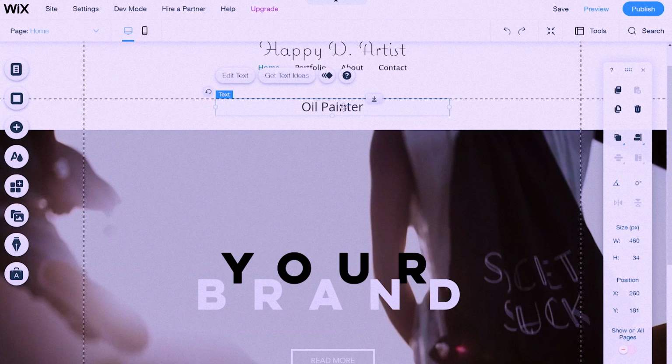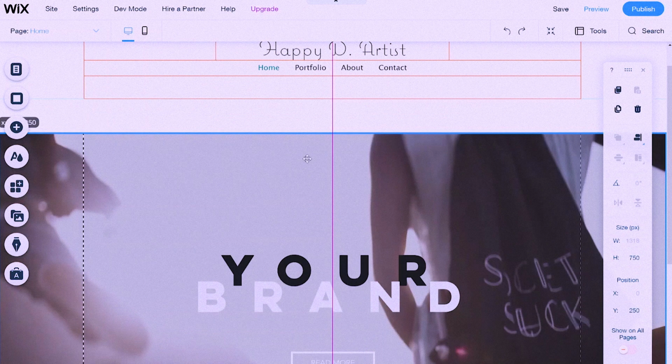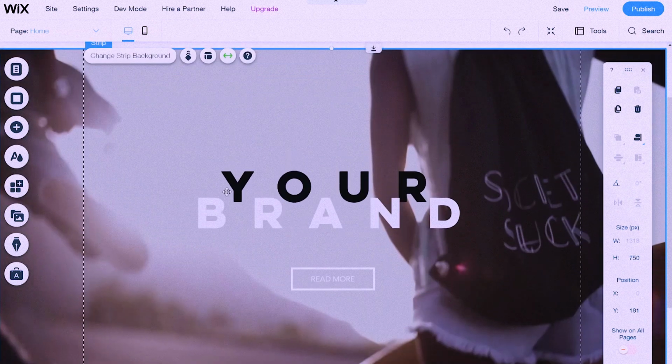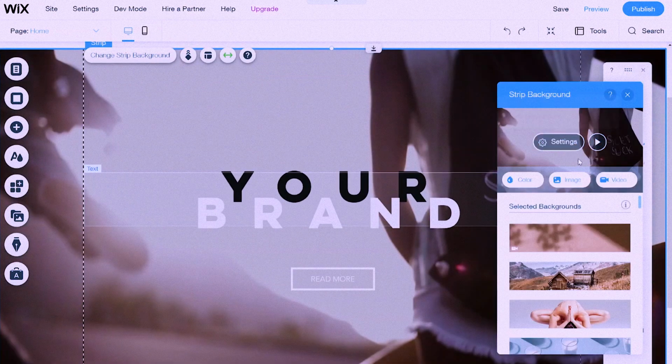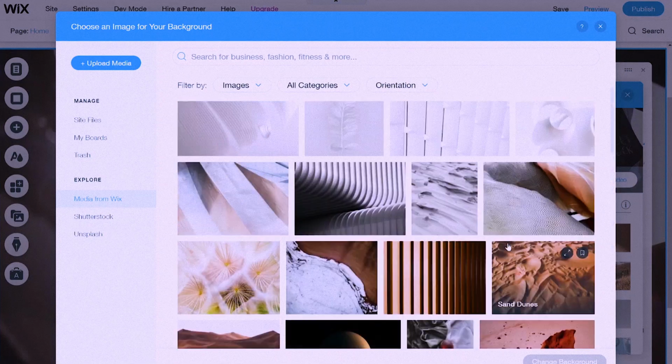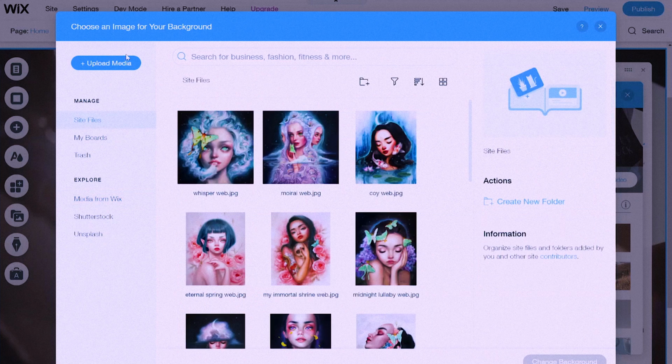After selecting this strip design, I'm going to delete that weird floating text, and now it's pretty much back to the same routine as before, which is just to replace their image and text with my own. Wix actually provides a lot of beautiful stock photos for you to use, but for this tutorial, I am only going to stick with my own artwork.